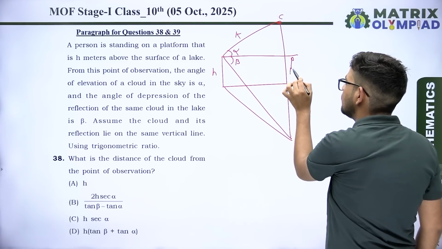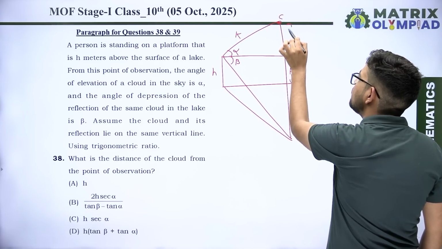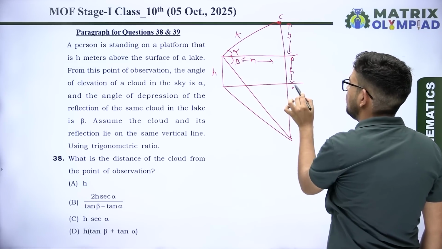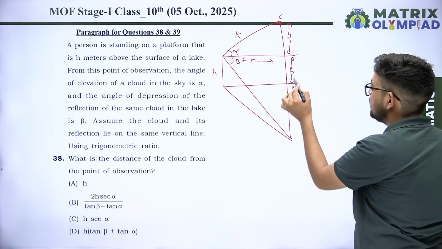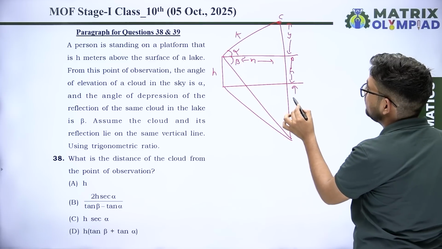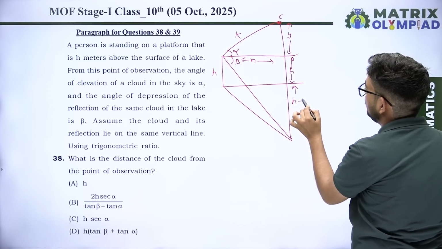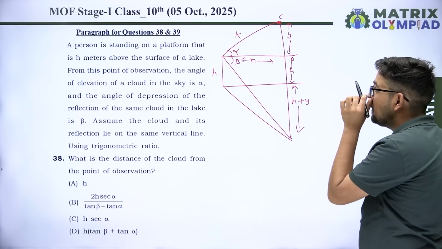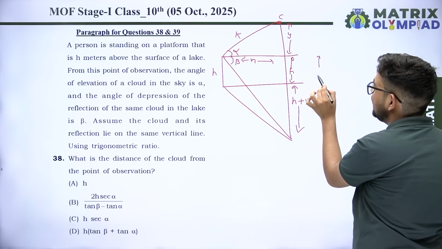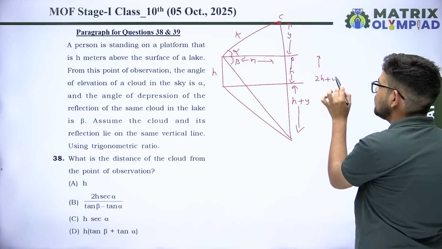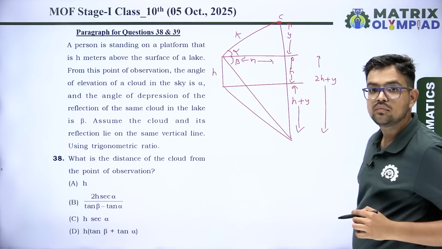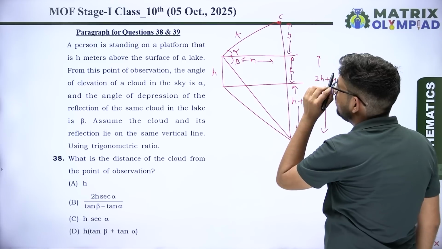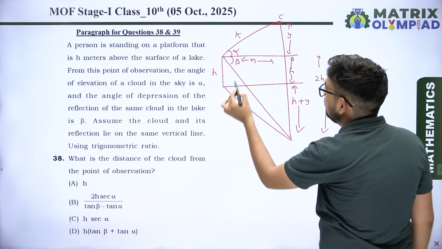तो अगर ये h है, तो मान लो ये आपकी y है और ये इसको x consider कर लो, और यहाँ से ये जो reflection होगा ये आपके पास में हो जाएगा h प्लस y, ठीक है ना। तो ये जो total है ये हो जाएगी आपके पास में 2h प्लस y। अब यहां से अगर tan alpha निकालेंगे तो आपके पास में